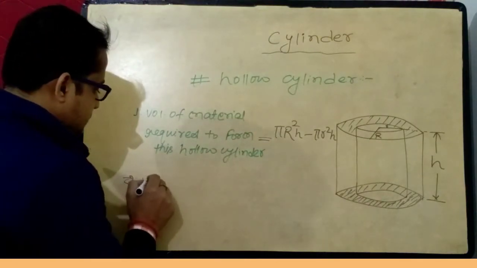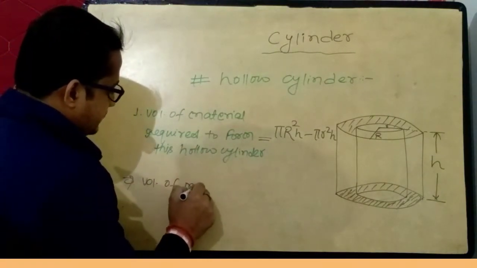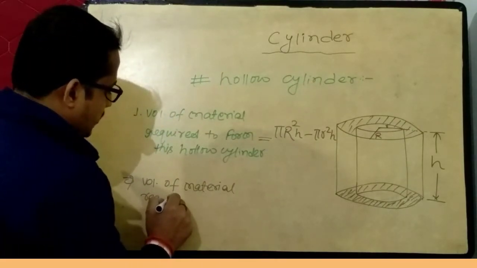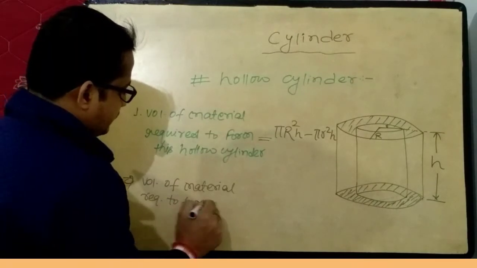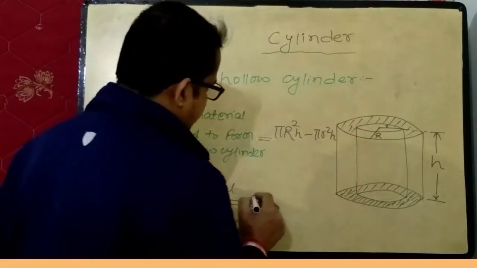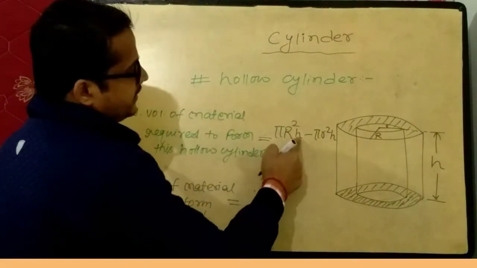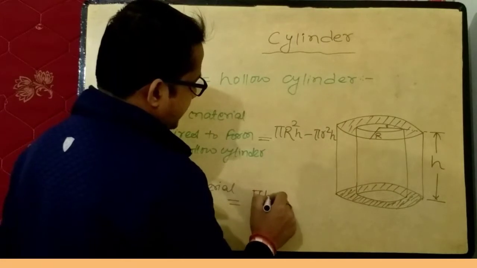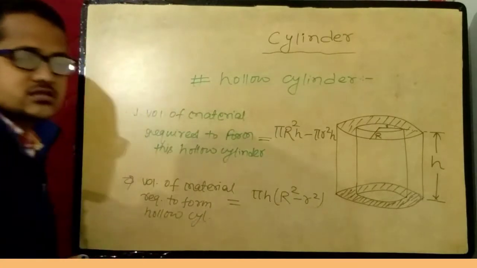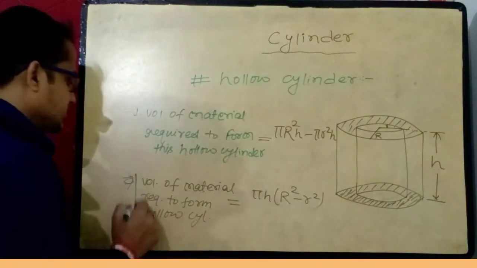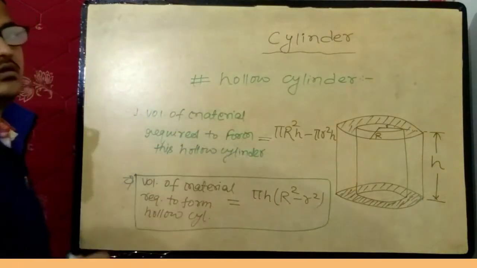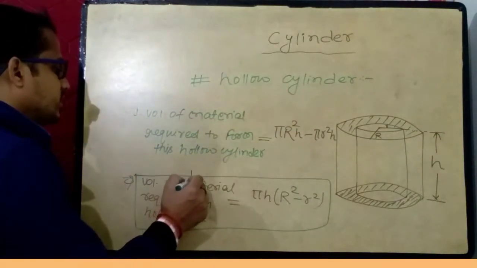That is, volume of material required to form a hollow cylinder equals, taking pi and h as common, pi h into capital R square minus small r square. By using this formula, you can calculate the volume of this hollow cylinder, and you can also say that